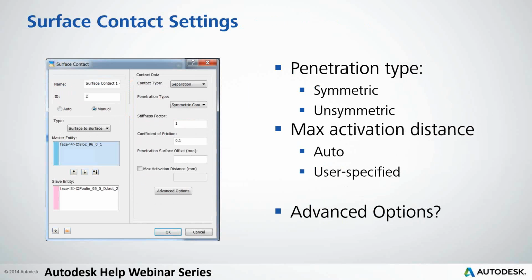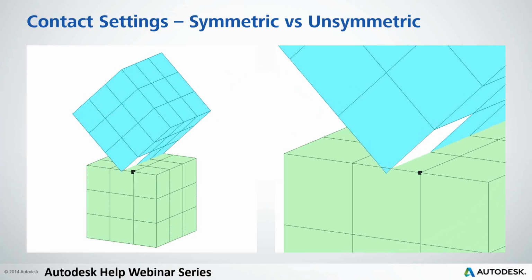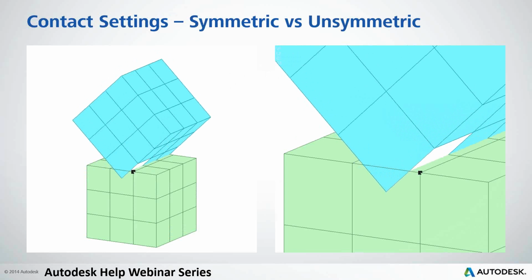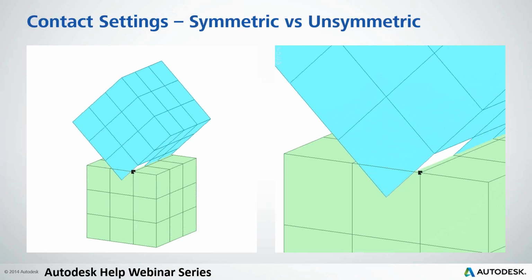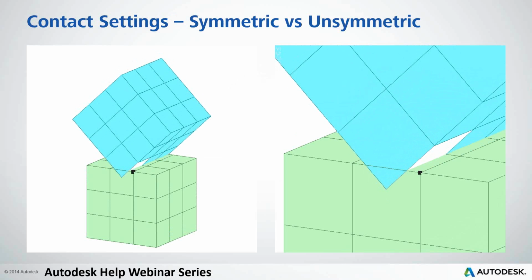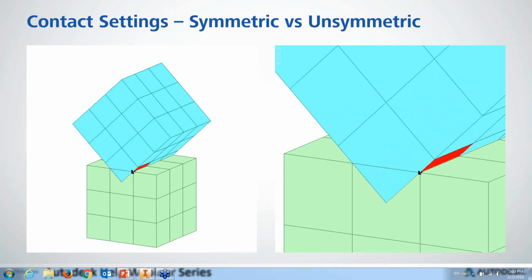So next up, if you're doing a nonlinear analysis, you're probably working with some form of contact. On the first page here, when you go in and manually set up a contact pair, you've got a couple different options. You've got a penetration type, so you've got symmetric versus unsymmetric, and then we've got an activation distance. I'll just talk briefly here about symmetric versus unsymmetric. We've got the green defined as what would be a slave, and the blue part's the master. What we're looking for is for the slave to penetrate the master, and